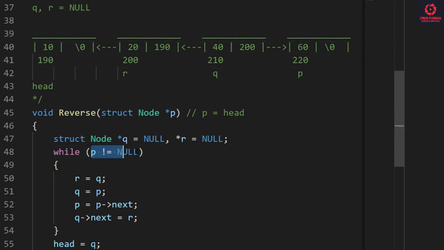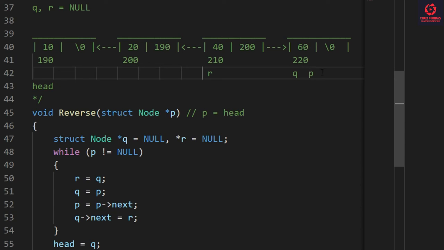This link will also reverse. Now again P is not equals to null. So R will be set as equals to Q. Q will be set as equals to P. And P will point to the next, and next is null.